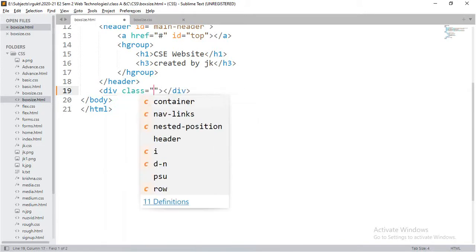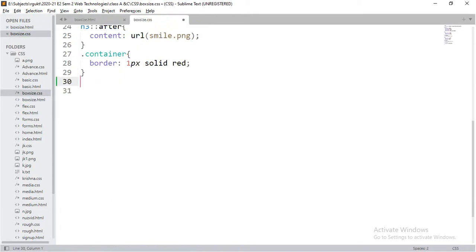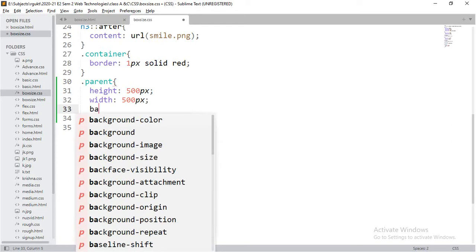I'm going to take it as a parent, nothing else. And for this I'm going to add the image to this division. First let me have a height of 500 pixels and a width of 500 pixels. I would like to add my background image.